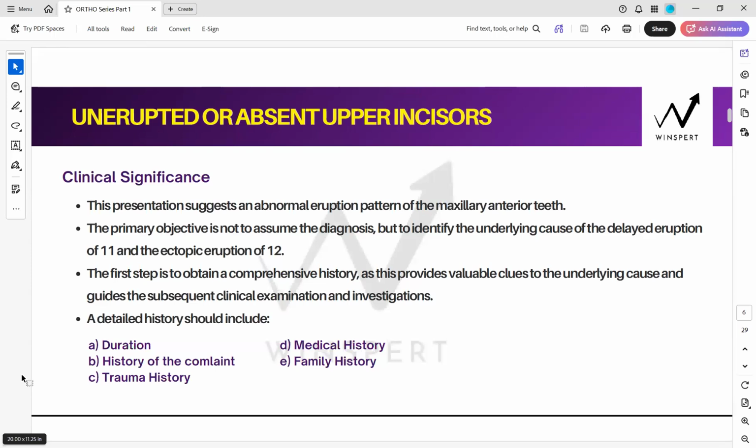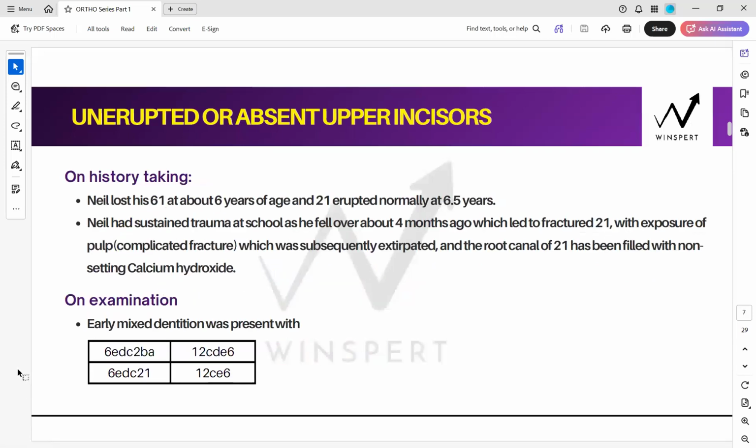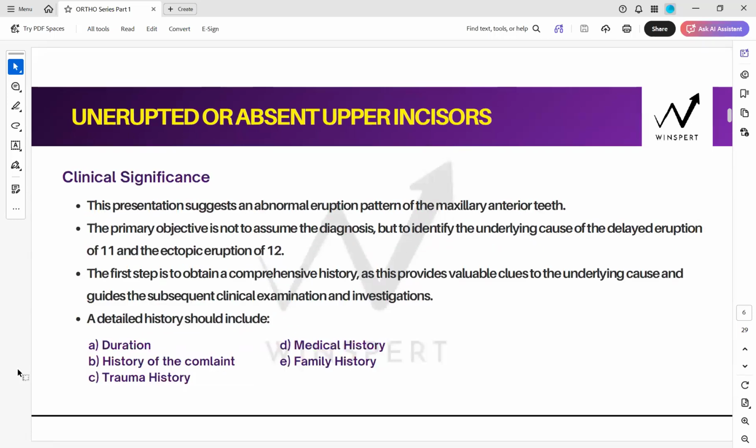Then you will also ask about medical history, because there are certain conditions and syndromes which also lead to delayed eruption. Do you all agree with that as well? There are certain syndromes which lead to delayed tooth eruption, right? Then family history: you will ask about delayed eruption, congenitally missing teeth, or other developmental dental anomalies in close relatives, right? Anyone can tell, other than Down syndrome, another important syndrome which leads to delayed eruption of permanent teeth?